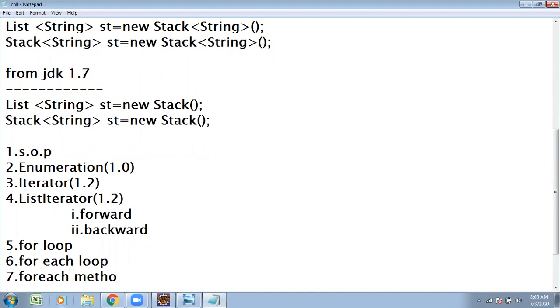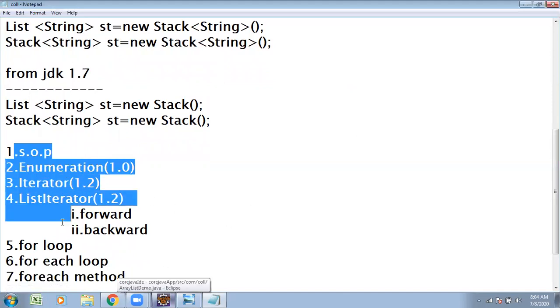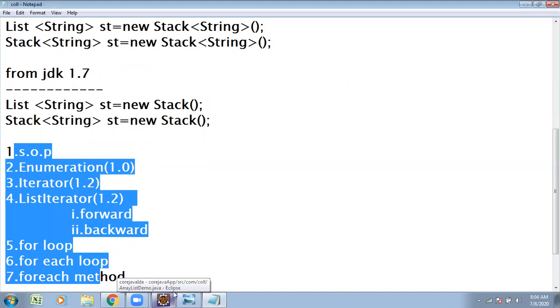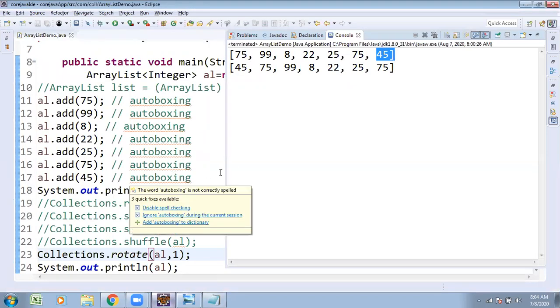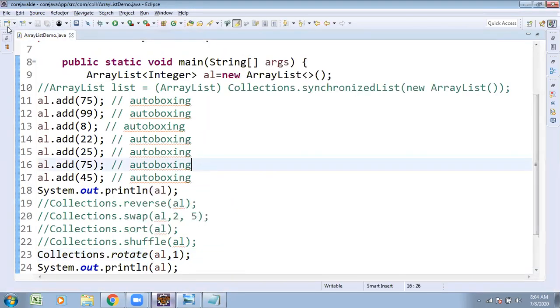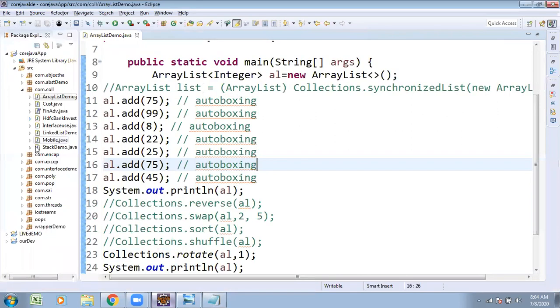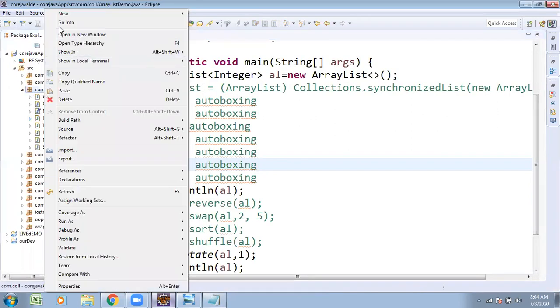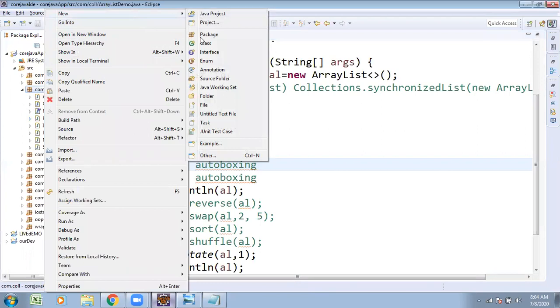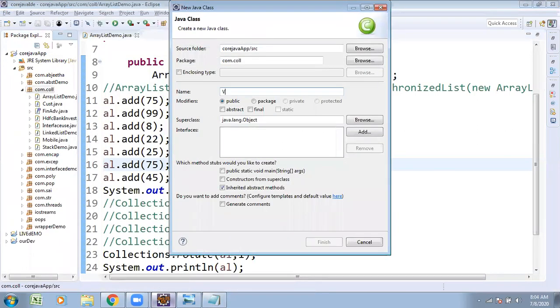How to do that logic one by one, I will show you with the help of Vector. The Vector class is going to be presented. All these types of things I will show you. Now I want to concentrate on the vector scenario. New class, VectorDemo.